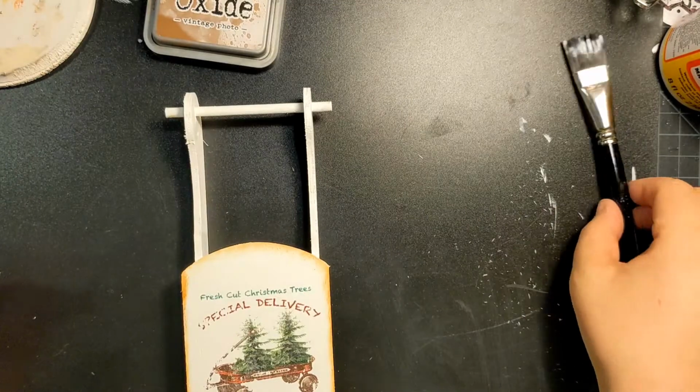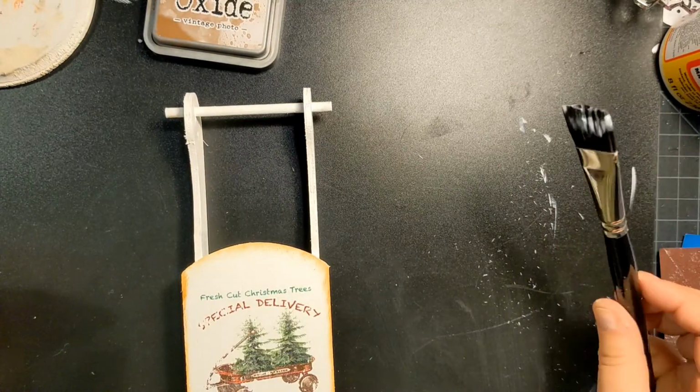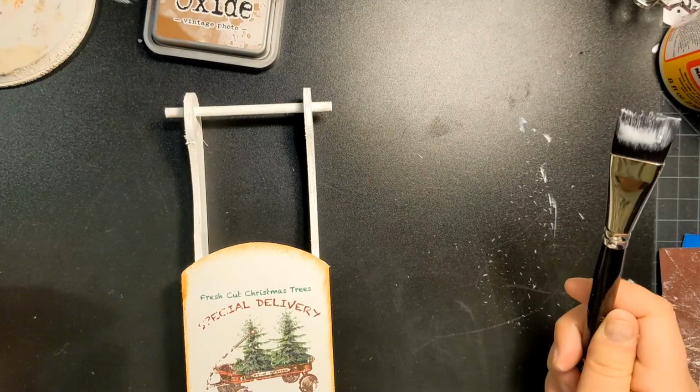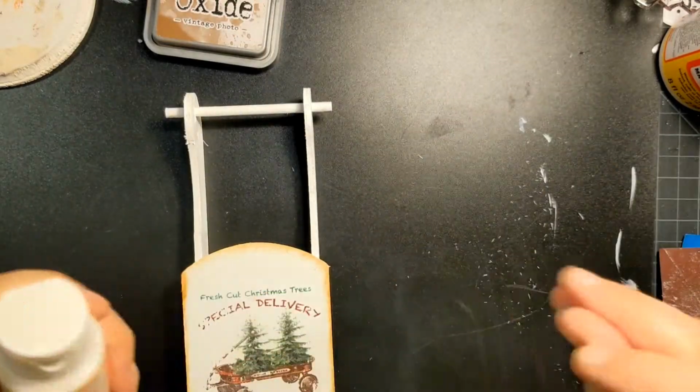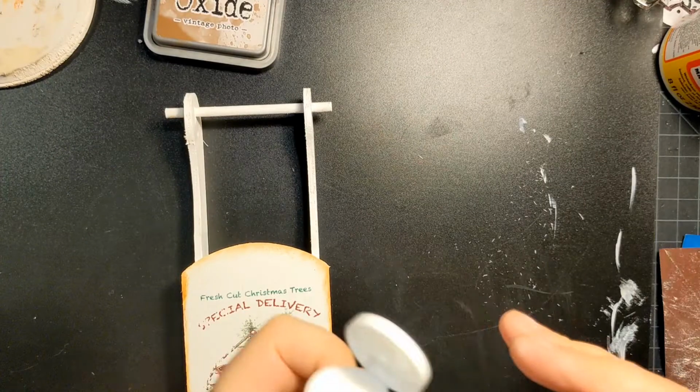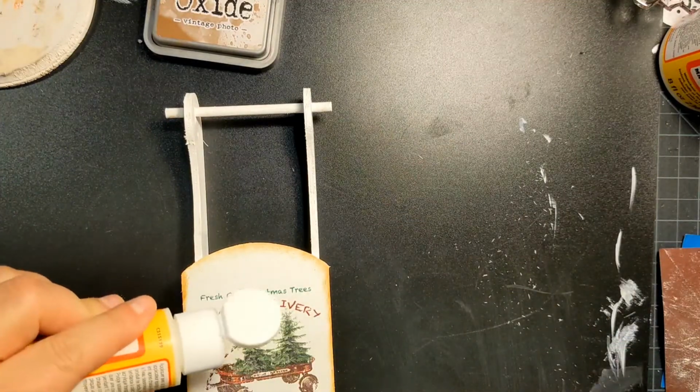Oh, I have to go, is this Modge Podge? This was Modge Podge. I was like, I have to go wash this, but I don't. We're good. This was Modge Podge because we did the other picture. I couldn't remember. Like I said, I flipped back and forth with the same